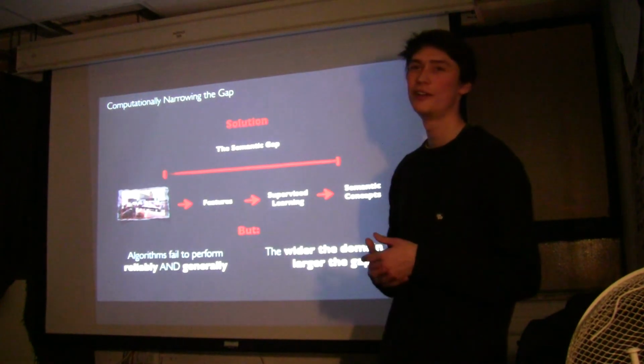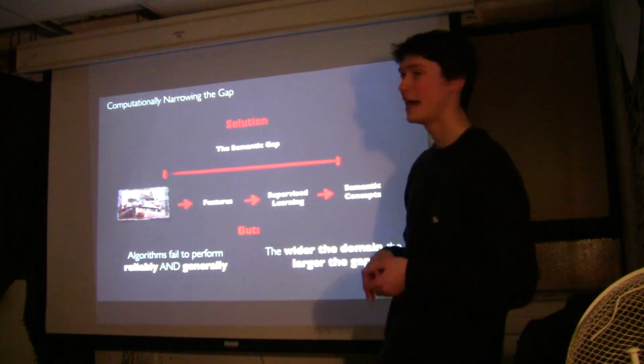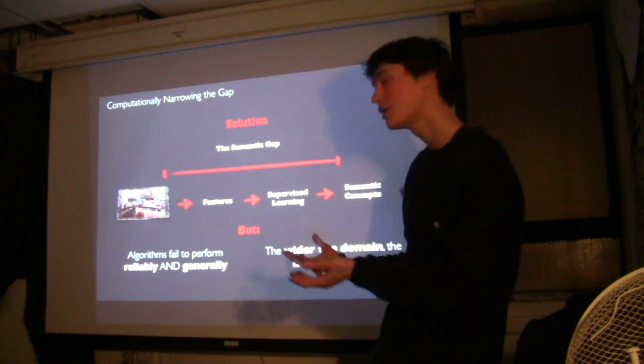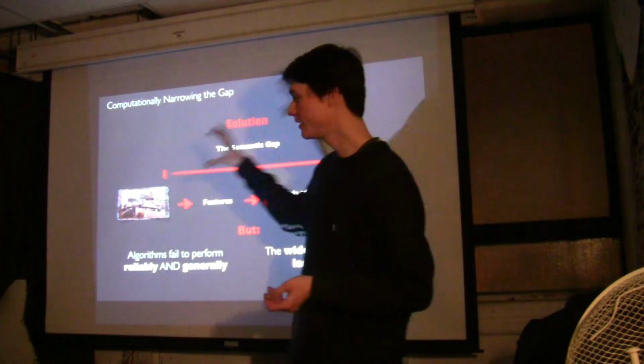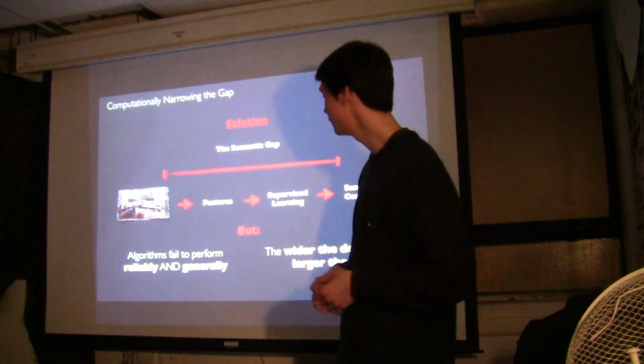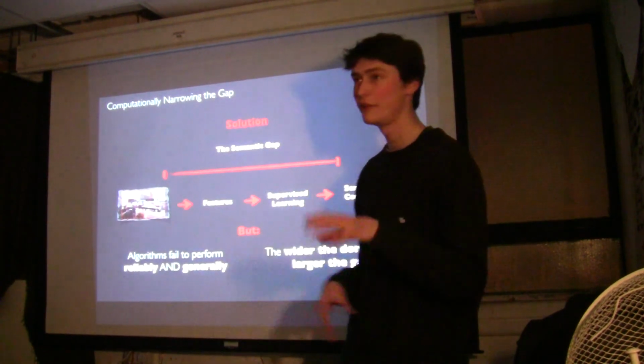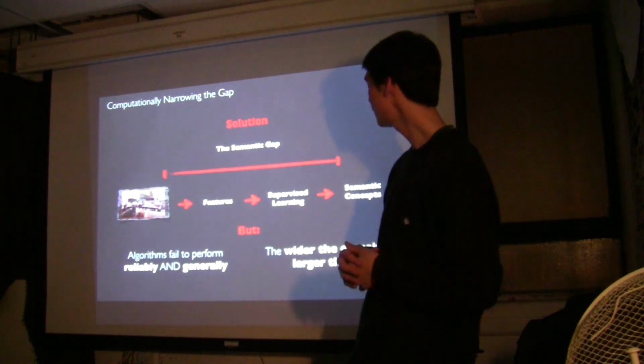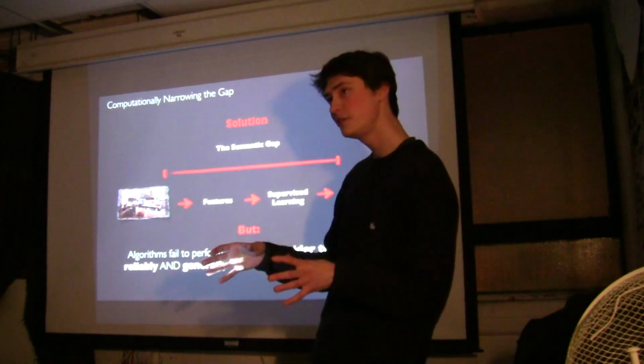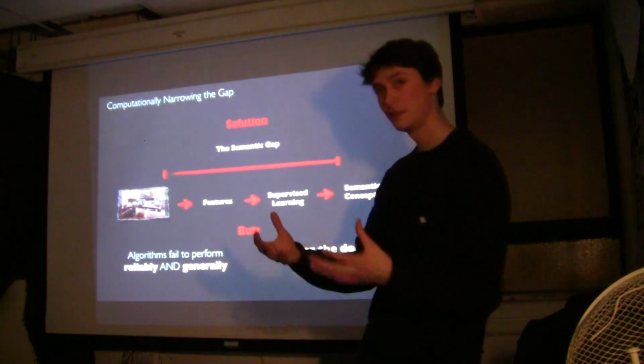I have a couple of friends studying computer vision and computer graphics, and the way they try to solve this is they take lots of images, they extract features about color, about edges and all that kind of stuff, and they take all these features that together represent the image,